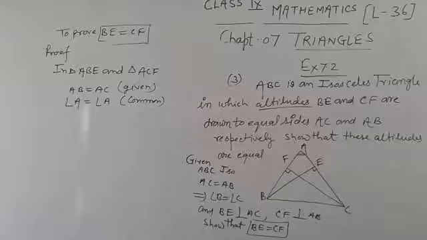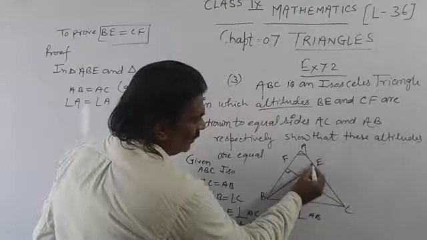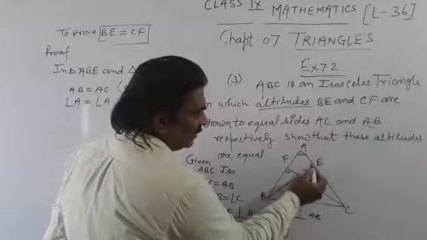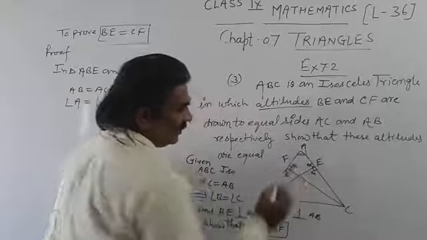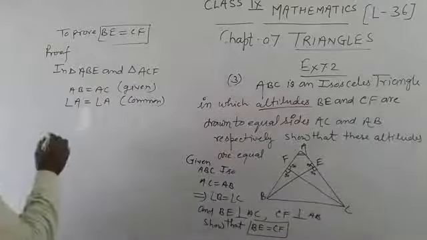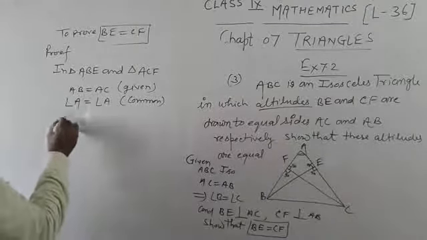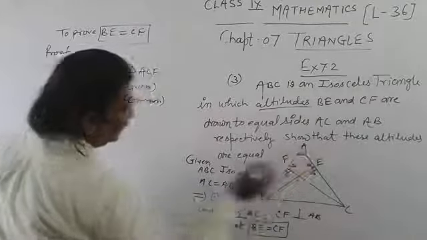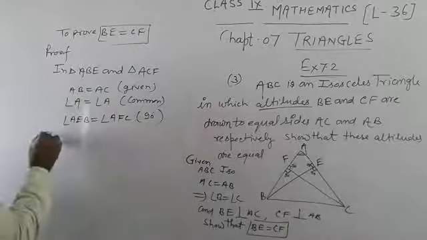So now the next item will be this angle. Here students, this is 90 degrees, so the second part will also be equal to 90 degrees. It means in both the triangles, angle AEB is equal to angle AFC, both are 90 degrees. So by